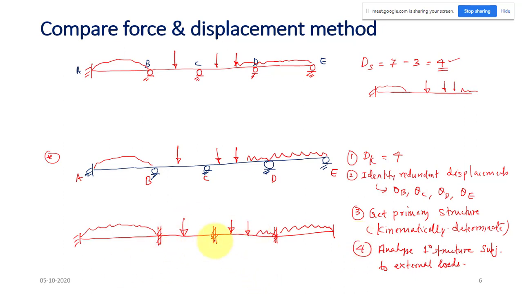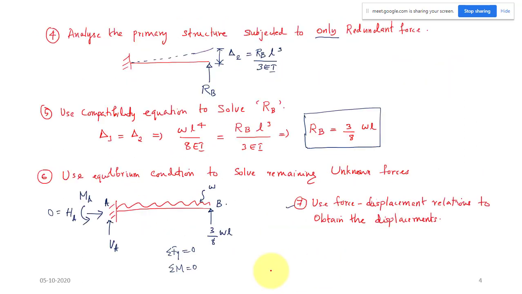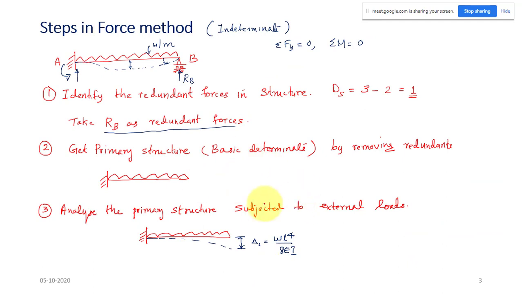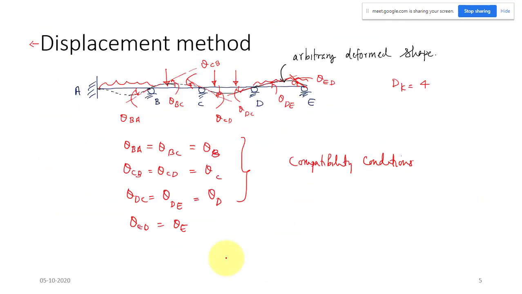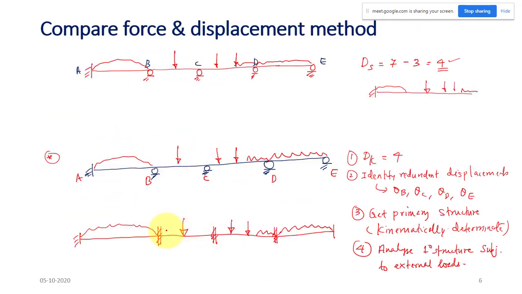So in the force method, you analyze the primary structure. What was your outcome in the analysis? We get the displacements in the structure. But here, what will be your outcome? I have already made all the displacement components 0. So analyzing the primary structure means we are going to get the forces in the structure. Again, if you see this structure, all the supports are fixed, right? All the supports are fixed.